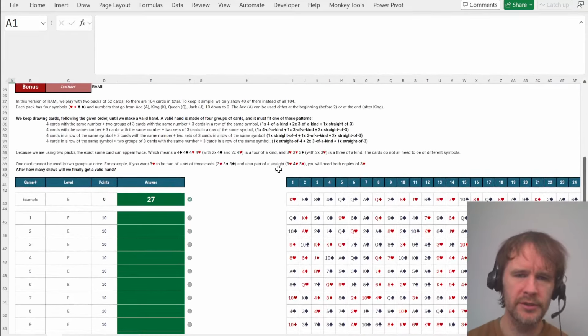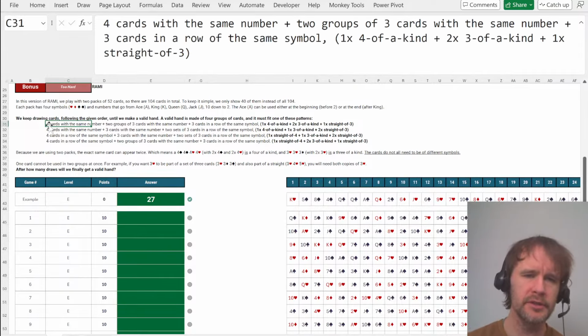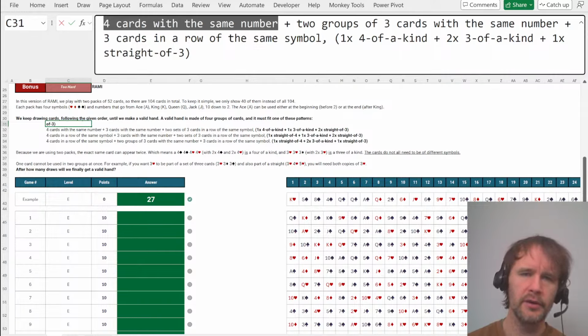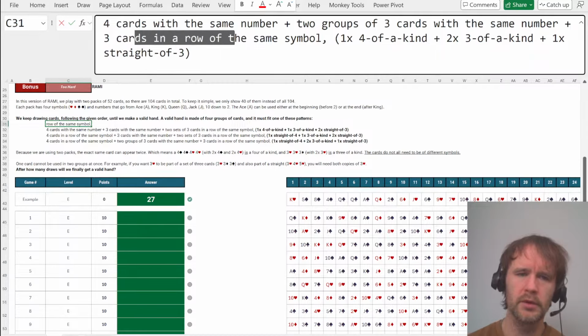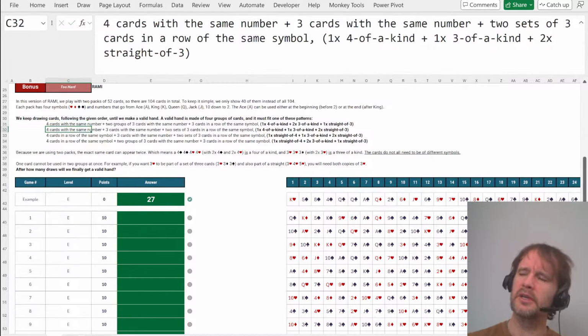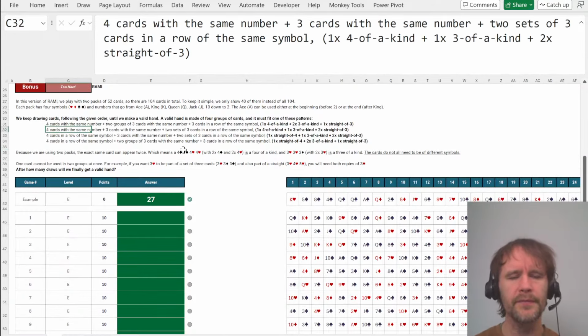So sort of similar idea here, except that there are some restrictions about how you take things out. So you have to make a 13 from 1 4 and 3 3s, and it has to be either 4 of a kind plus 2 groups of 3 plus 3 in a row. Just realizing this one's actually a little bit different. I don't know if this one is worth the extra setup time as an example over and above this one. So the twist on this one is